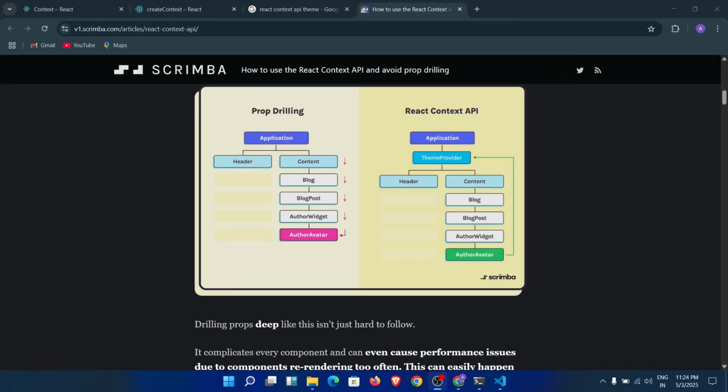Hey guys, welcome back to the channel, and today in this video we are going to see what is context API in React and why it is widely used in React applications. So before starting with,